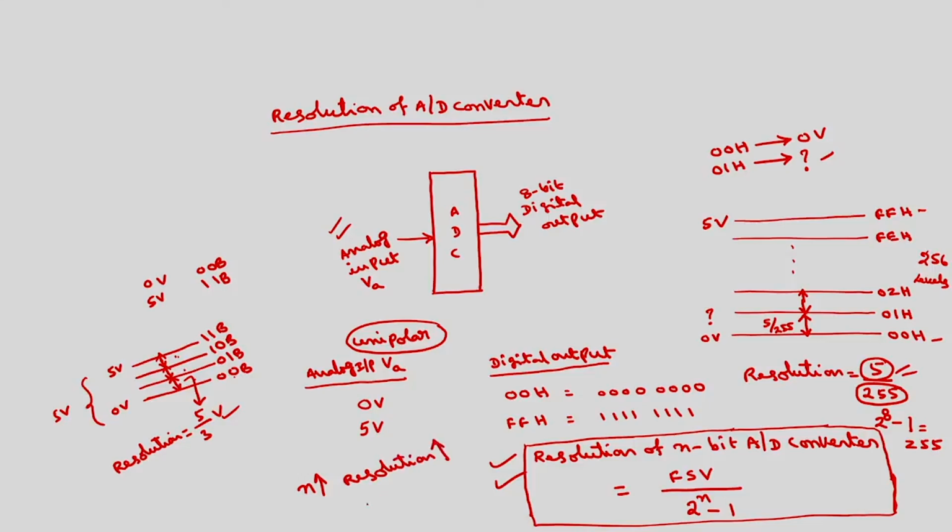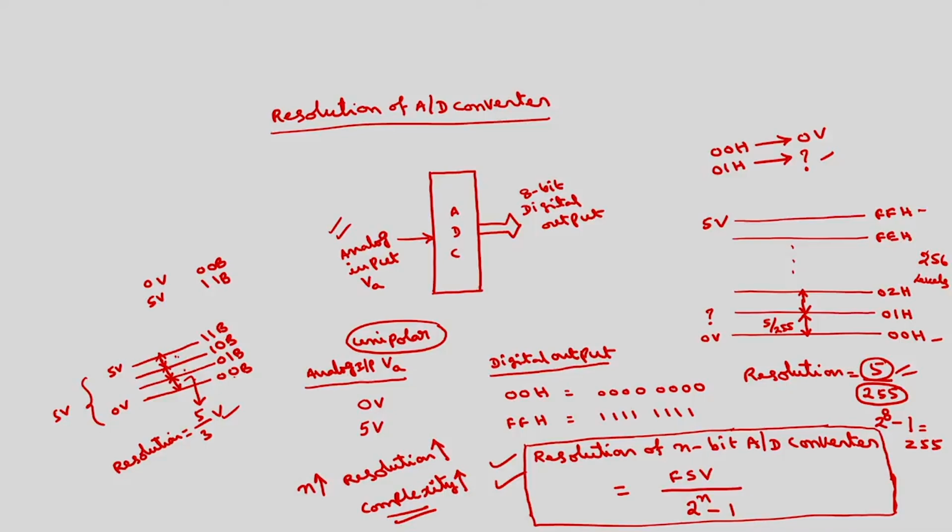But at the same time, the complexity also will increase. Because of this, there will be some compromise between the complexity and accuracy. Resolution decides the accuracy. Depending upon the applications, where accuracy is more important, we will go for more bits of A to